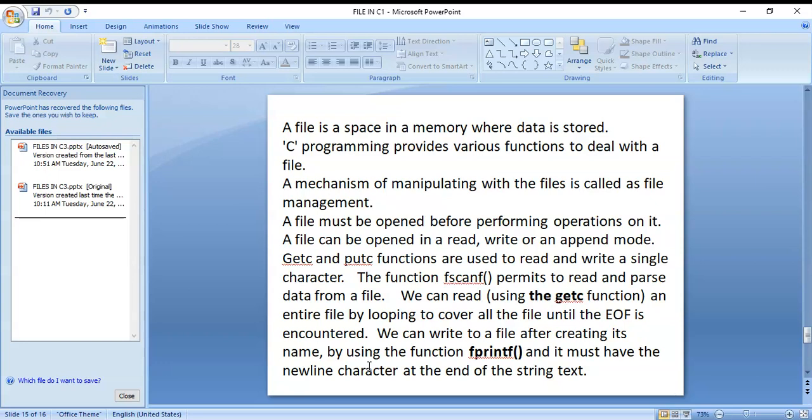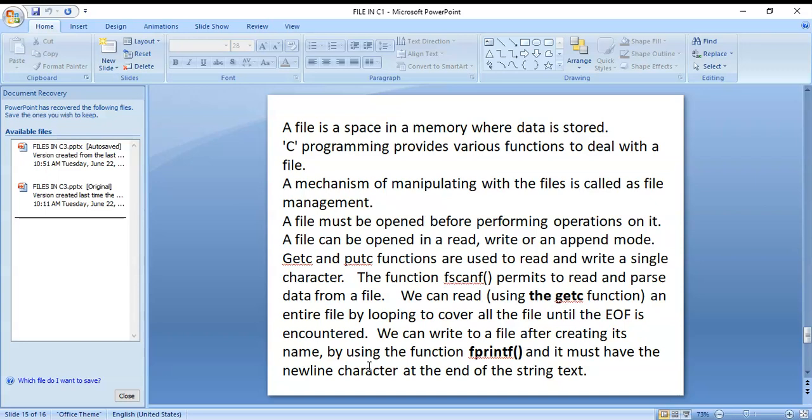We can write to a file after creating its name, by using the function fprintf, and it must have the newline character at the end of the text. A file is a space in memory where data is stored. C programming provides various functions to deal with a file.